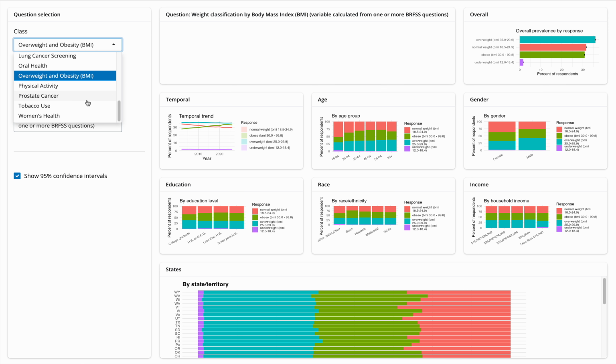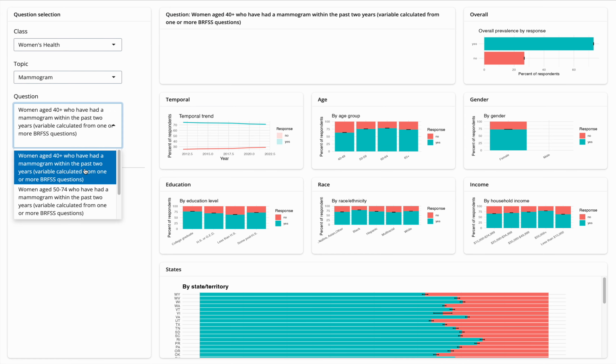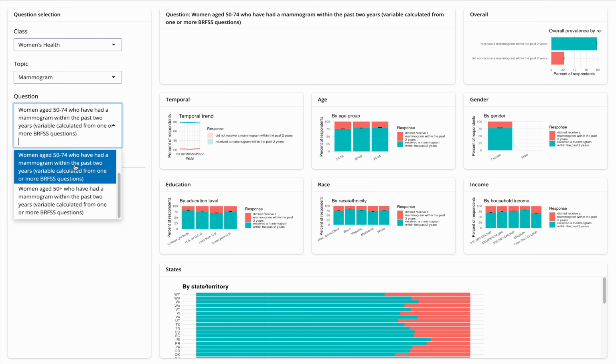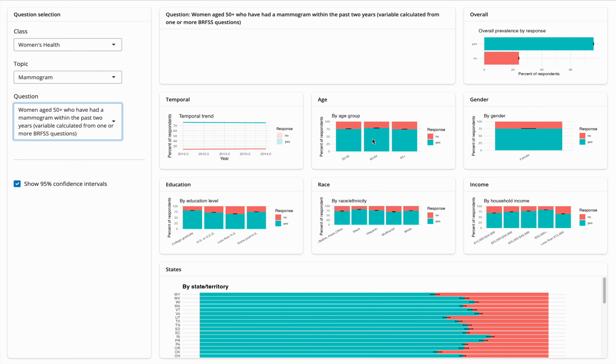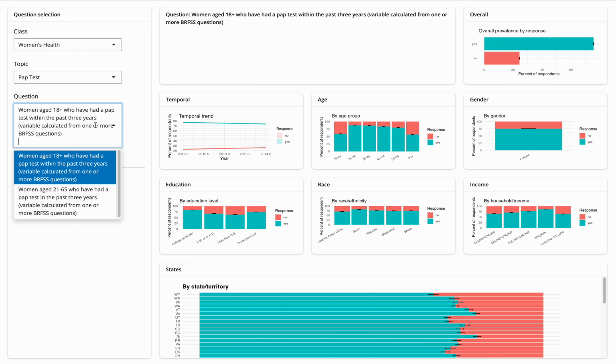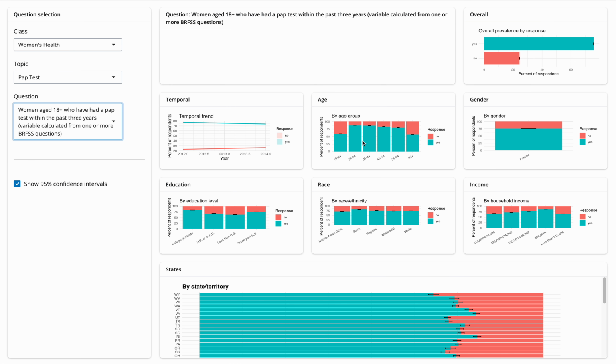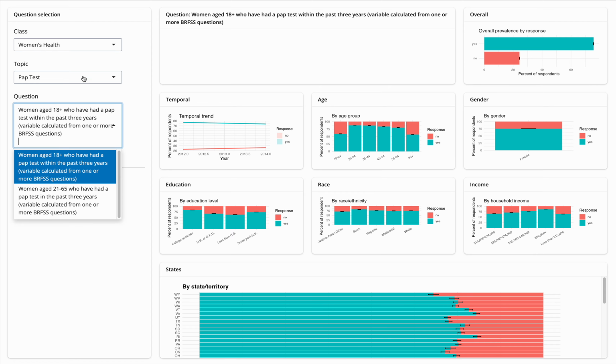Okay. Well, last part, women's health. As you can see, received the mammograms in the past 2 years. A lot of people have, or a lot of ladies have. Guys have no need, as you can see. Guys are not reflecting gender at all. Pap test, 18 plus was in the past 3 years. So this is because if you look at the age group, I think a lot of people, when they first turn 18, they don't start, but then as you look at it later on, by that point in time, everybody has had it in the past 3 years.